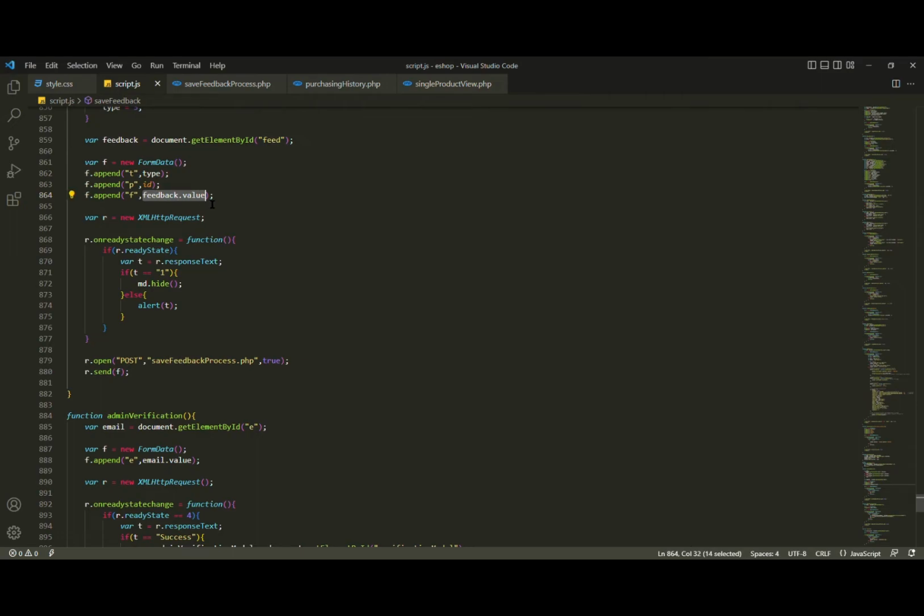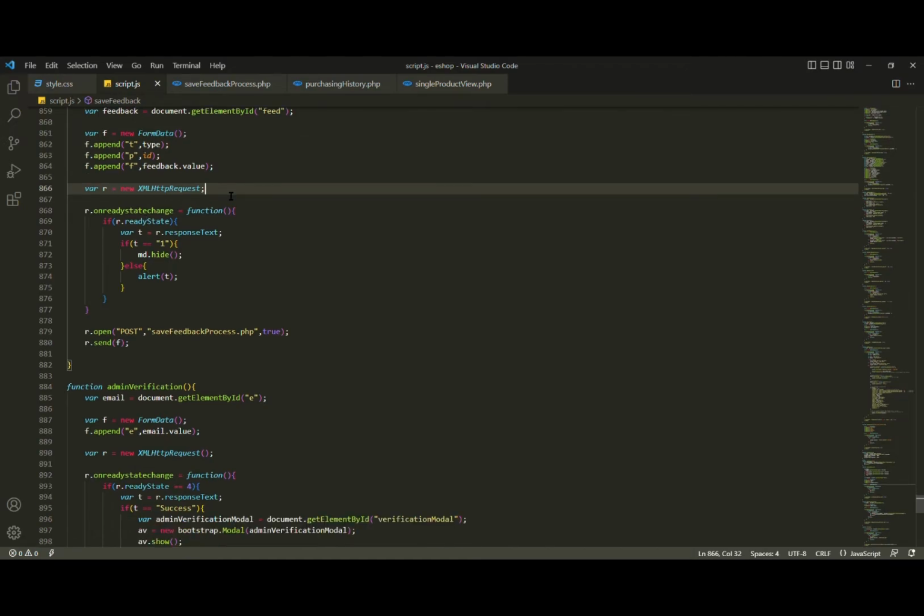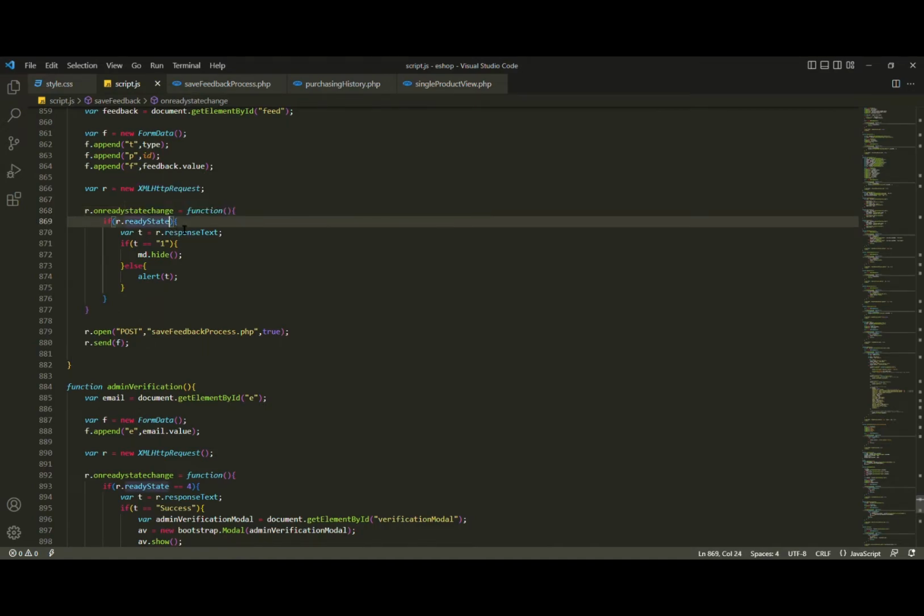So basically what we have typed within that text box is the feedback value, and we've opened a new XML HTTP request, which is a POST process which opens up our save feedback process.php, and we have given it as true for an Ajax process, and the form name is F, so that is sent. And here it starts on ready state change. If the ready state change is 4,